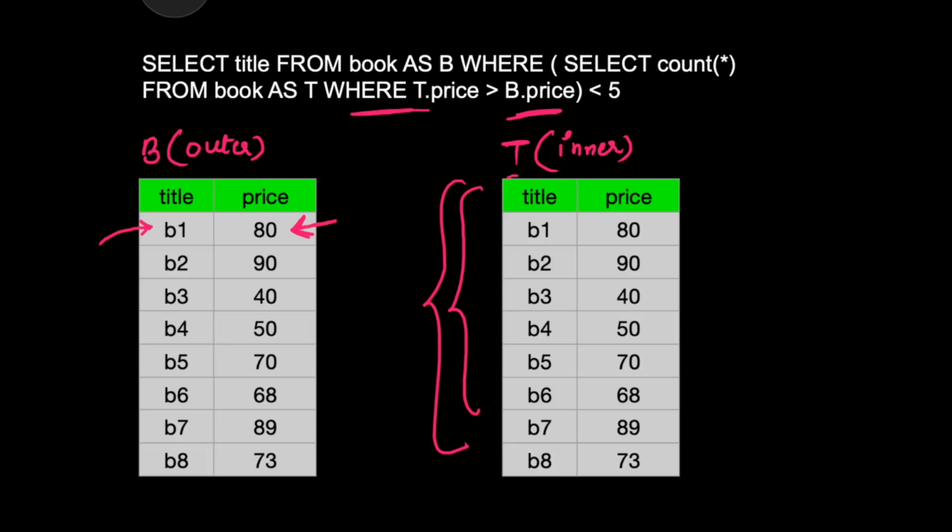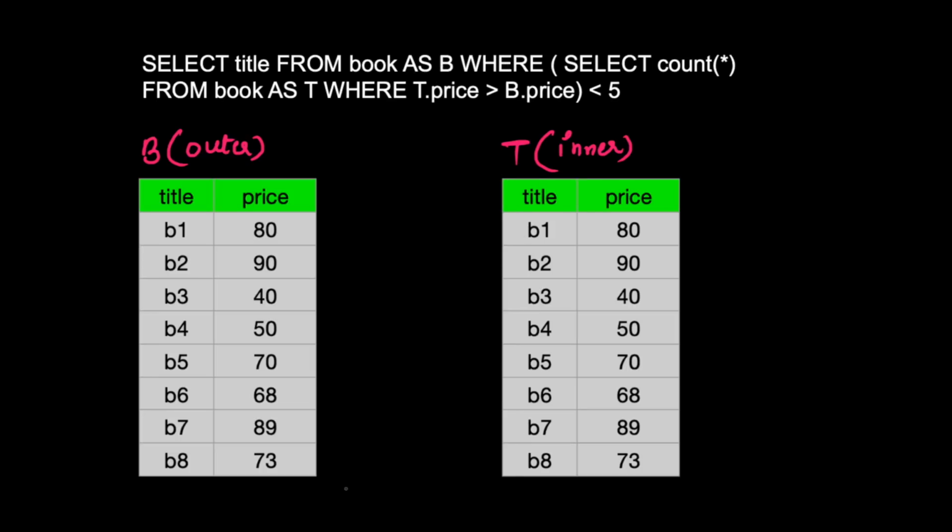I think you will understand this in a better way when I show and execute this query. So now let's try to understand this. What I am saying is, we will take this row and we will execute this whole query. Now listen very carefully. We will just execute this inner query. So this is saying take the T of price and take the B of price. B of price is 80. And we will simply take each of the rows of the T query and we will compare the prices. So we will take this one first.